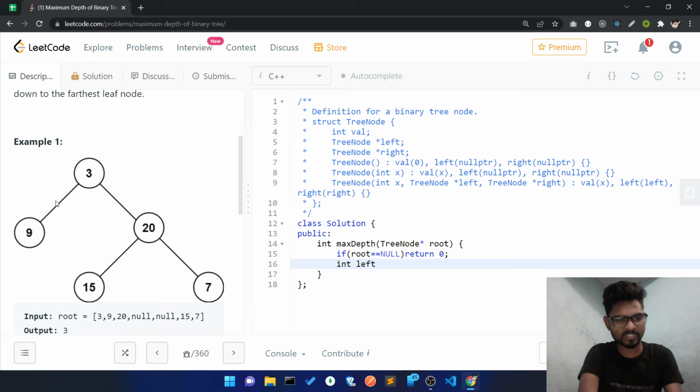After that, my duty is to pick only one of them. If my left has the greater depth, I'll just add one to that, because I have to add this value too. If my right subtree has the maximum depth, then I'll add one to it and return it. I don't know which is greater, left or right, so I'll make two variables: the left variable contains the max depth of root left,